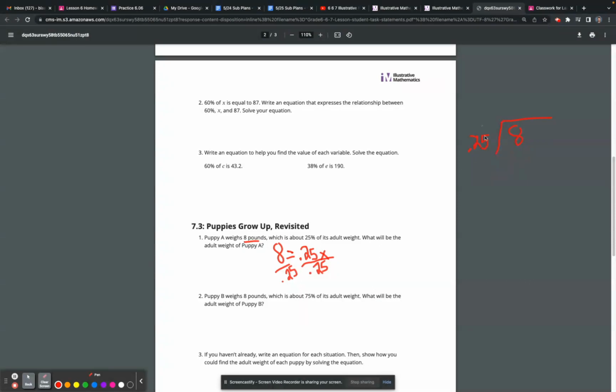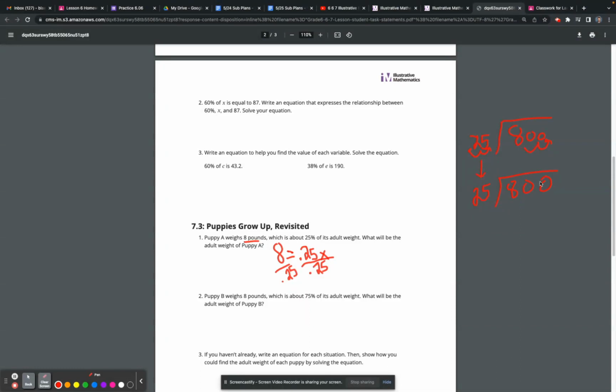I want to get rid of that decimal, so I'm going to turn that into 25 by moving that decimal to the right twice, 1, 2, which would move the decimal here to the right twice, 1, 2, and fill those in with zeros. So then my division problem is 800 divided by 25,